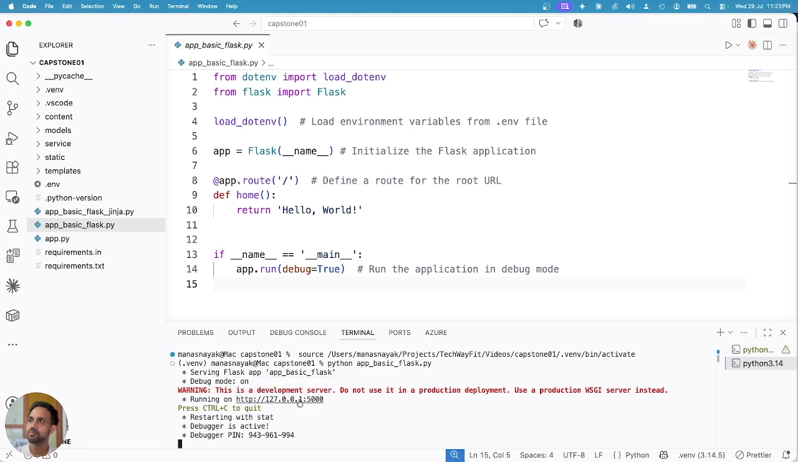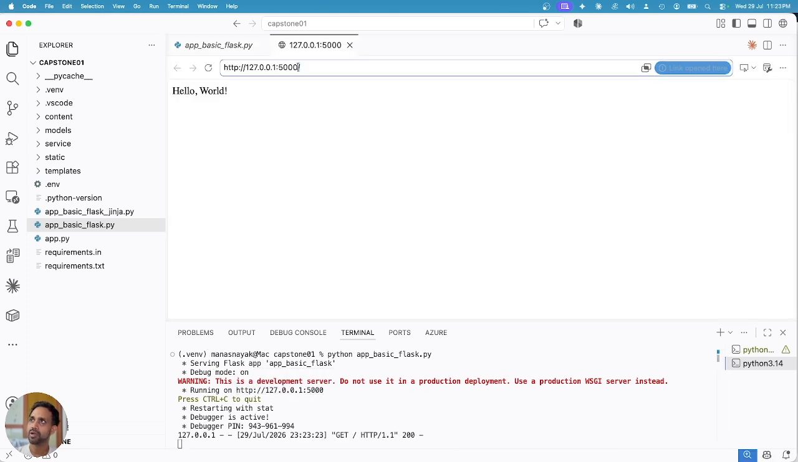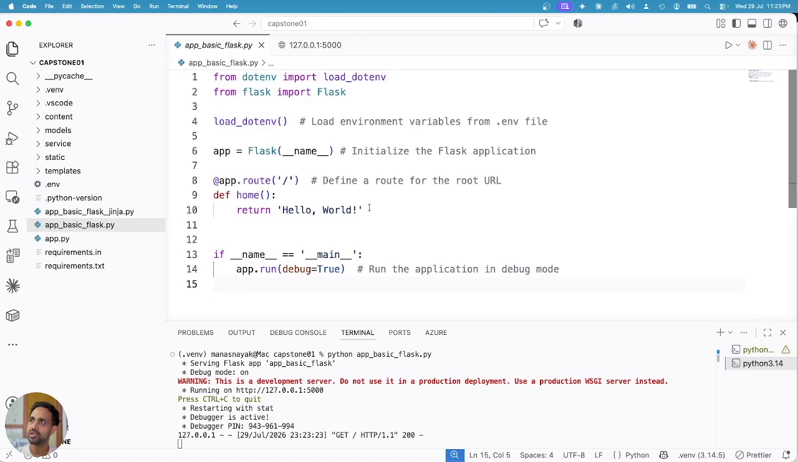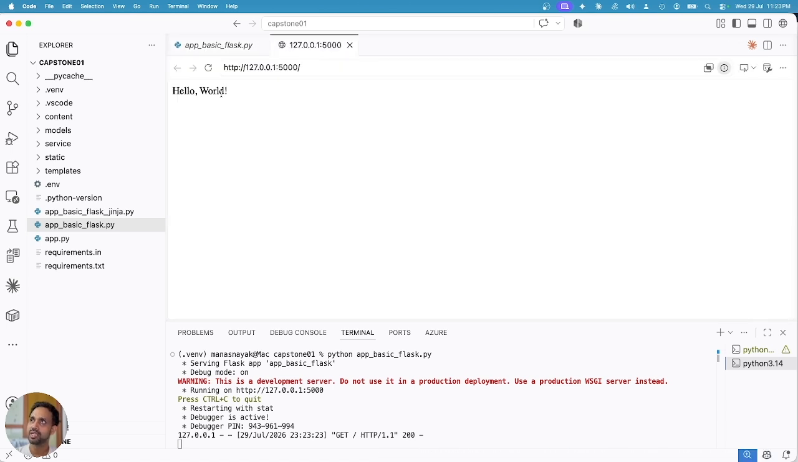Okay, so if I browse the particular application, it maps to the default path, which is slash, and since you are returning hello world, hello world is printed on the browser. Okay, so now let's go to the next step, and I want to create a simple Jinja template where